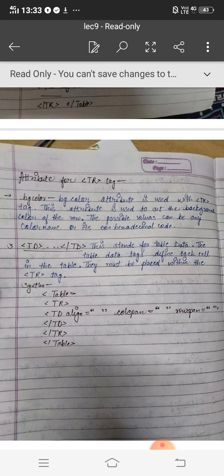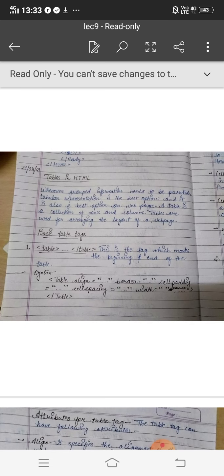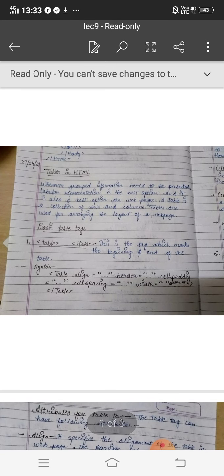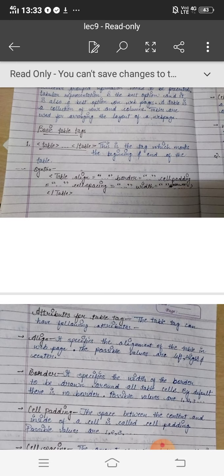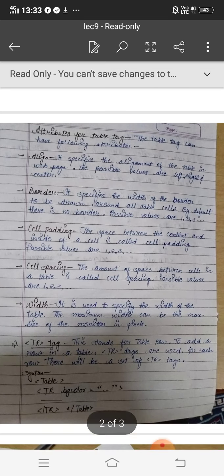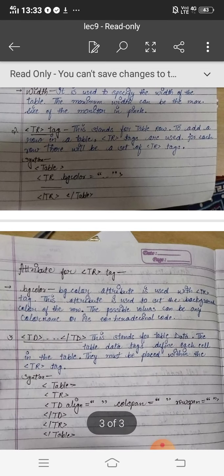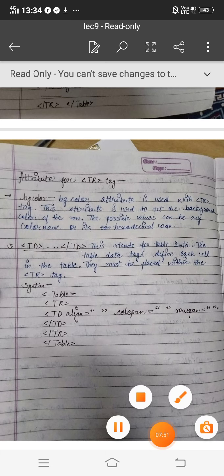Till now I have discussed the meaning of a table, and how we make a table in HTML. Then there are three basic tags for making a table: table tag, TR tag, TD tag. Syntax I have discussed. Also there are attributes for making a table. We can use the height attribute. Border is very important. We can also use align, cellpadding, cellspacing. Next, TR is used for table row. It has only one attribute, bgcolor. TD is used for table data. It has three attributes: align, colspan, rowspan. So the tags used for a table are table tag, TR tag, TD tag.